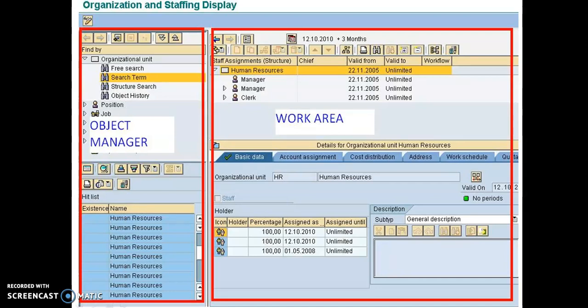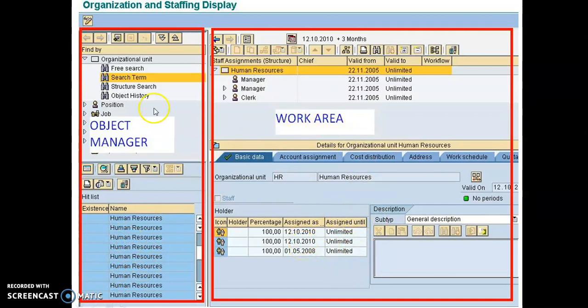This is actually an older version of SAP, but here you can see four different sections. One section is the object manager, the second is where the object you have chosen is displayed, the third is the work area, and the fourth is details.